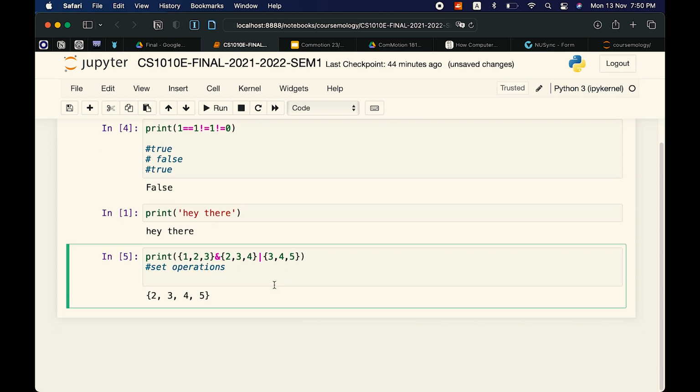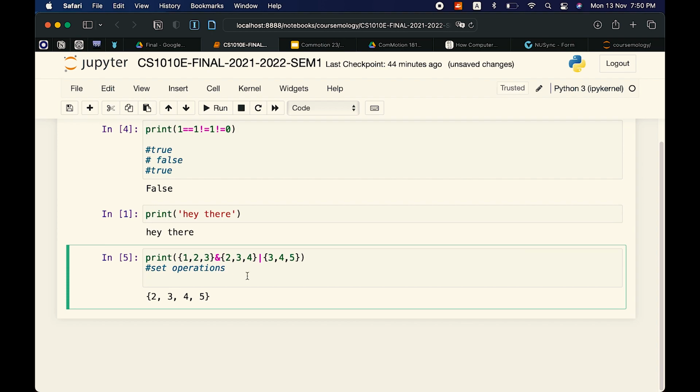And actually the order of precedence, you can look this up, of set operations is: first is the AND, and then what we call XOR, the XOR logic, and then OR logic. So this one will be evaluated first, then this, and then this.